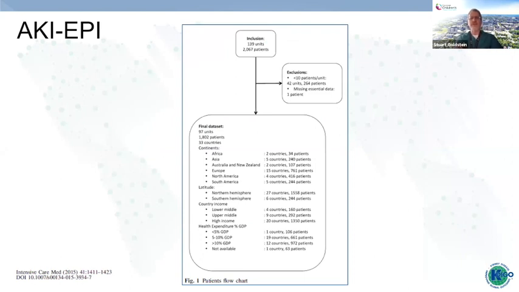There were 139 units across the world with nearly 2,000 patients ultimately assessed. And in the final data set, 97 programs had 1,800 patients from every continent on the planet, with the exception